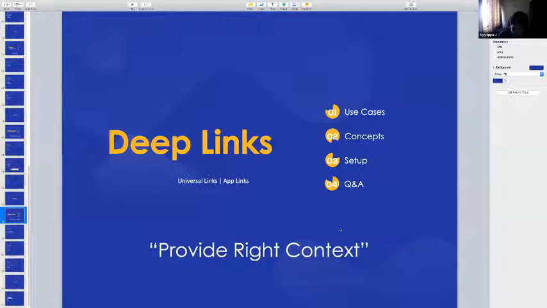Deep links are nothing but just a URL, just a link, which can take you to particular content within an app. As I said, imagine an invite to a one-to-one gameplay in the carom pool game. Once you click on the link with deep links integrated, it will directly take you to the one-on-one match, and it will start the match as well. So that's how deep links are powerful.